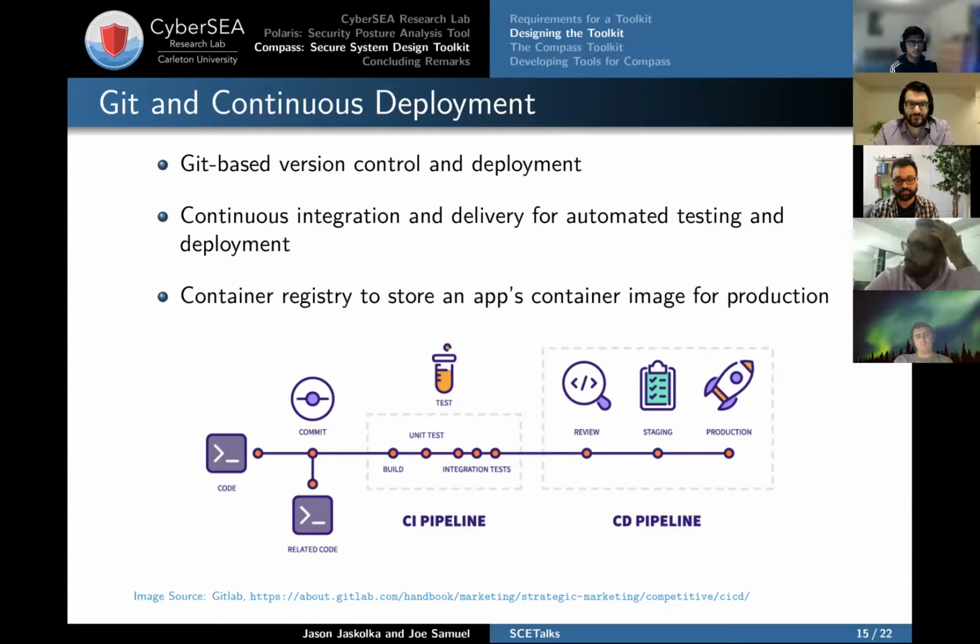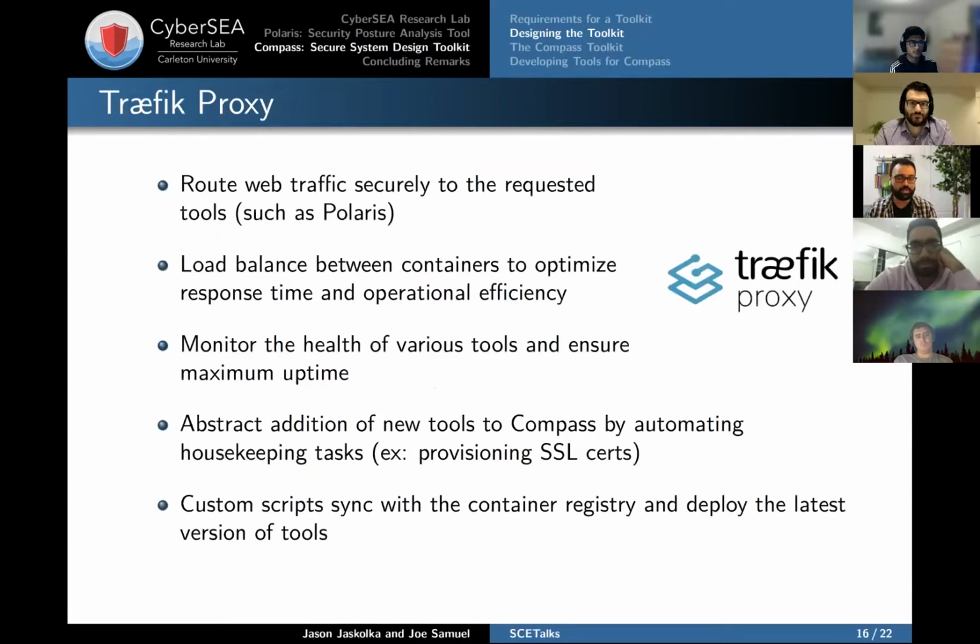Each of these tools has its own container registry, but you can also put images in other container registries like Docker Hub and all kinds of other ways for us to pull that information. And then we use Traefik, which is a reverse proxy of sorts. All it really does is route web traffic to the requested tools. But the way we've configured it, and what it allows us to do, is very sophisticated. It helps us ensure that the connections are secure, integrate things like a firewall, and do load balancing with containers.